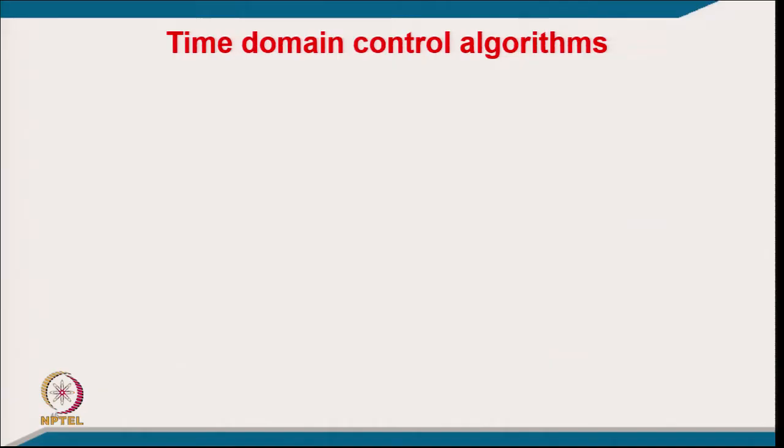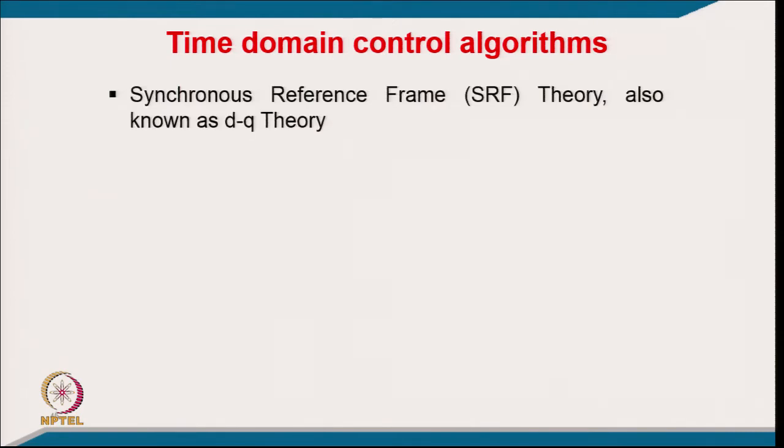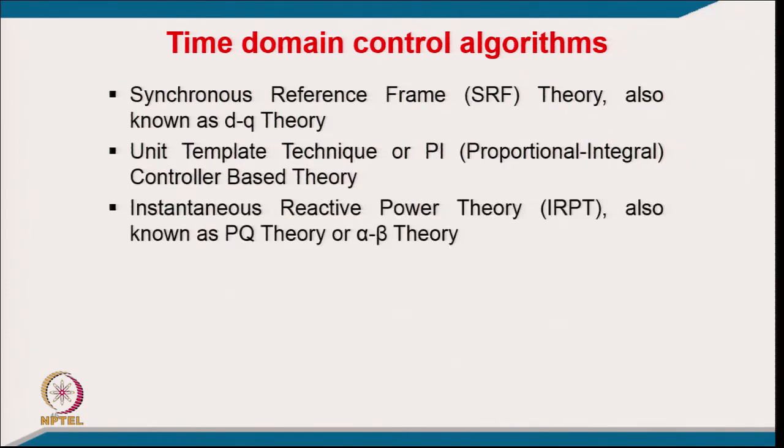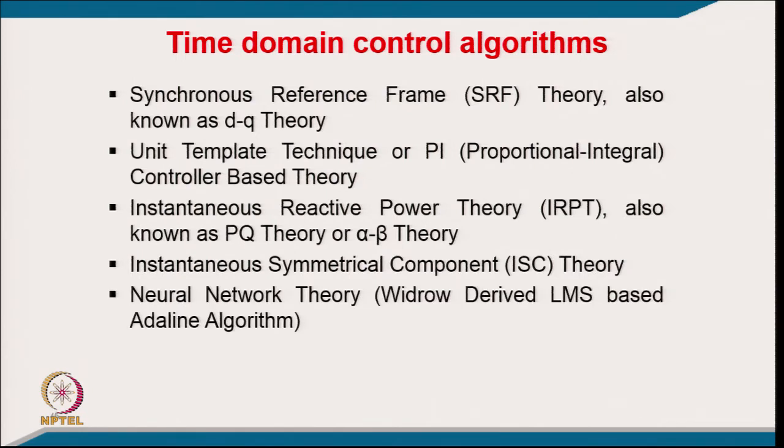We would like to discuss today the control of unified power quality compensators. We have control techniques based on two classifications. One is time domain control algorithms, of which famous ones are synchronous reference frame theory, also known as DQ theory, then unit template or PI controller based theory, then instantaneous reactive power theory, also known as PQ theory or alpha beta theory, then instantaneous symmetrical component theory, then neural network theory, Widrow-Hoff LMS algorithms, and single phase